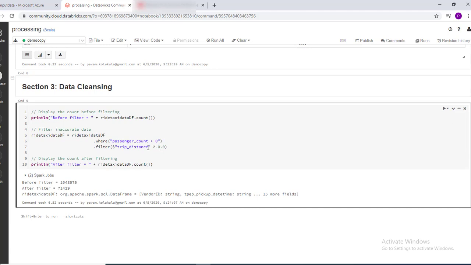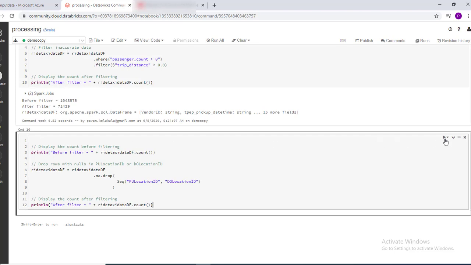So we'll apply the where clause on the data frame. So here where passenger count is greater than 6 and trip distance greater than 0, so this data is filtered out. Only the rows where trip distance is greater than 0 will appear in the output.